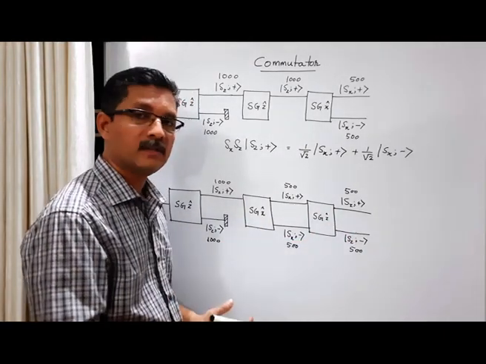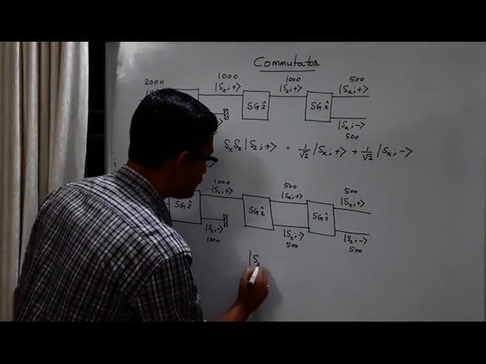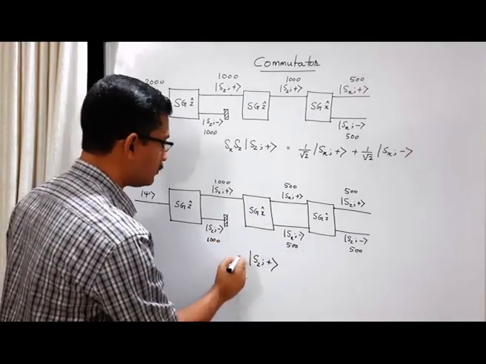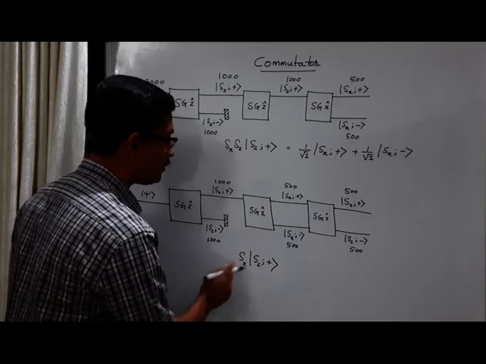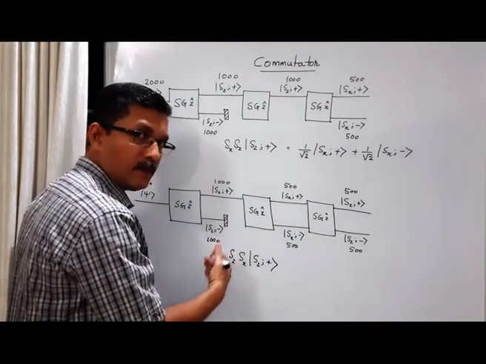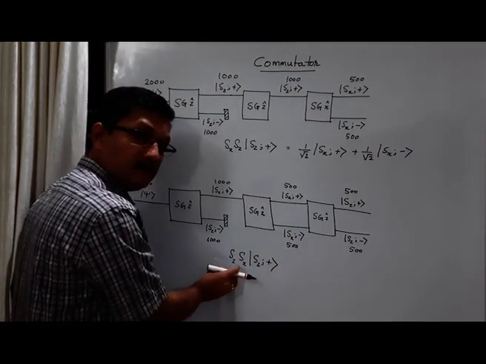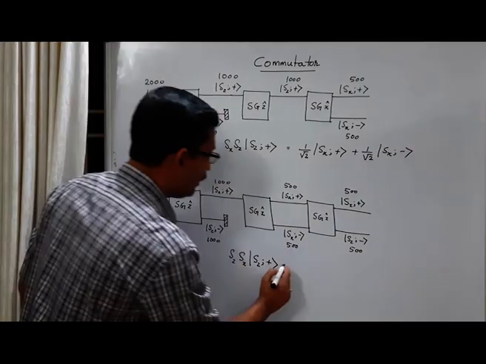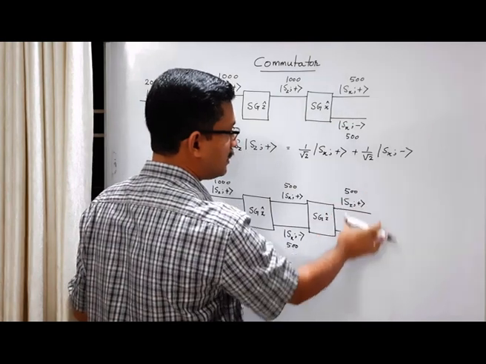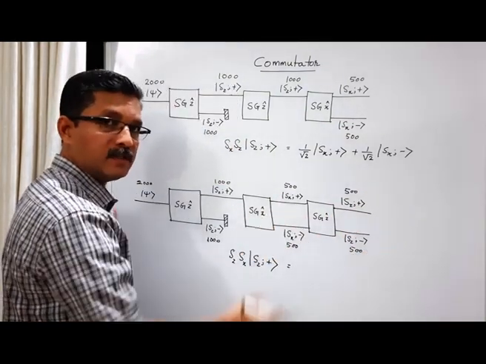So the reduction in intensity is by 50%, from 1000 to 500 here also, but the states are completely different. So how do we represent this mathematically? Our initial state is the same, Sz plus, but here on this sketch, first we measure Sx, so the Sx operator will appear first here. Then we measure Sz, so the Sz operator will appear next from left to right. Okay, the rightmost operator will act first, and then the next operator like that. And what is the result? There is 50% probability for Sz plus state and 50% probability for Sz minus state. Right, 1 by 2.